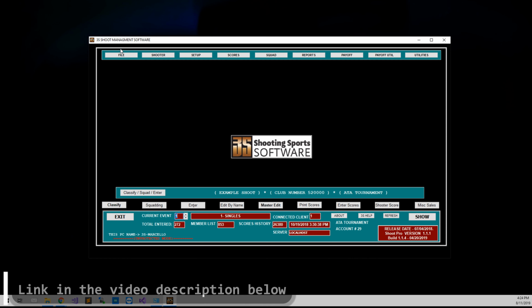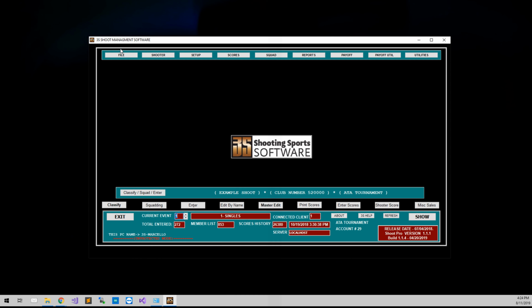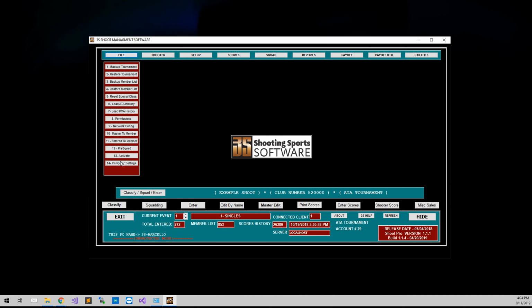So in this case, you will need a 58mm thermal printer. You can buy those cheap on Amazon, anywhere from $25 to $50. Make sure it is the 58mm, because that is what the report is designed to print on. Once you've set that up into your system following the guide provided by your manufacturer, you will go to the File menu, go to Computer Settings,